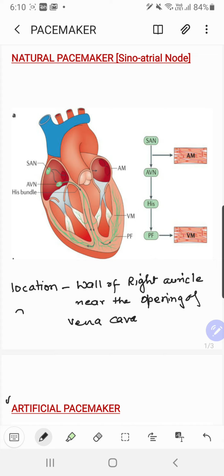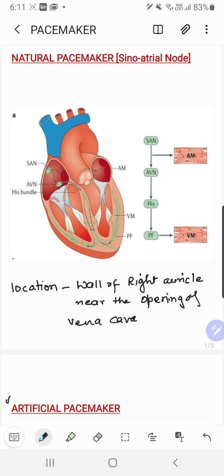Doesn't matter, it is a rough hand diagram showing two auricles and then two ventricles this way, but if you draw something like this, just write this as RA, right auricle, and this point as SAN, sinoatrial node, and your work is done, right? So this was just a hint, or a method to write how the location can be expressed in the best possible manner. And now we will be proceeding.